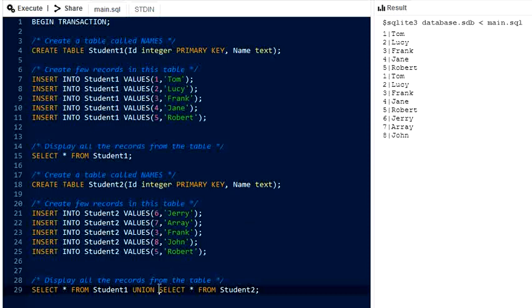Now we will do union all. So I will write here union all. After union all we will see what result is given. Here you can see the union of both the tables will be given like this. First of all we will disable the select option of the first table, then we can get the proper result. So I will disable this select from student 1. Now we will see the result of union all.